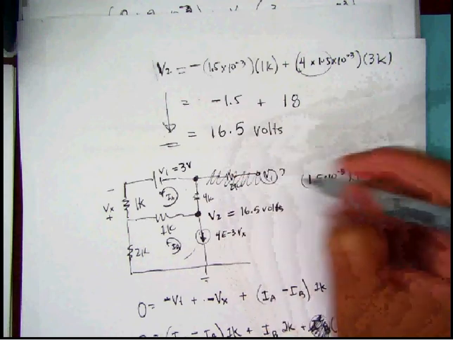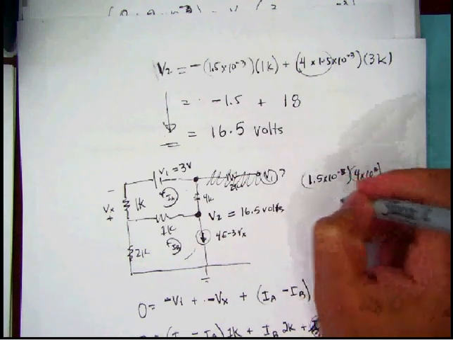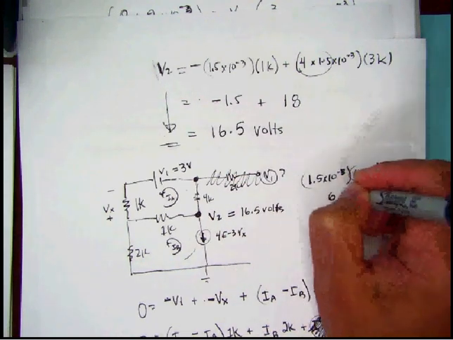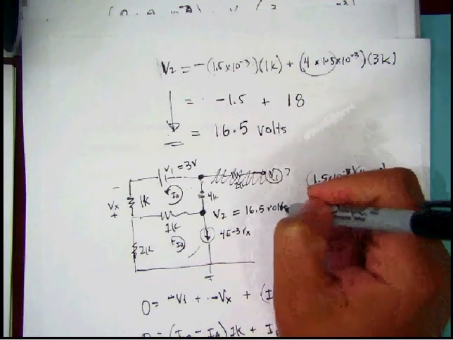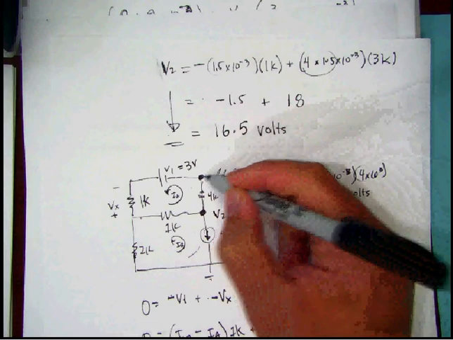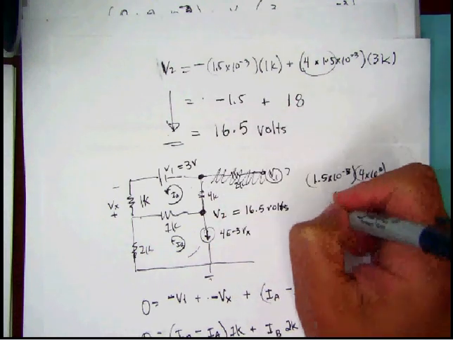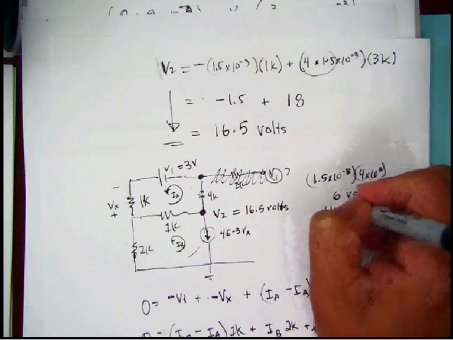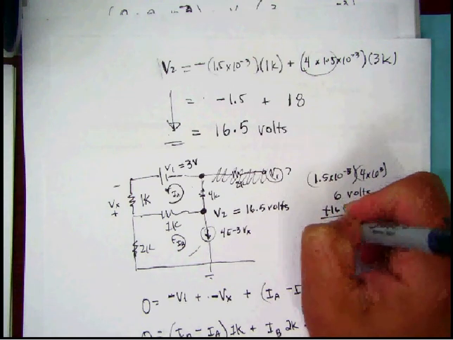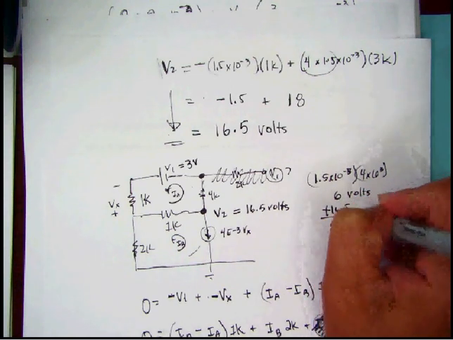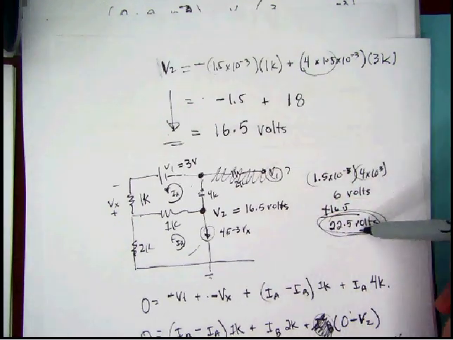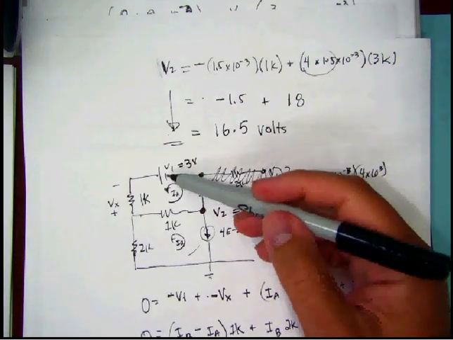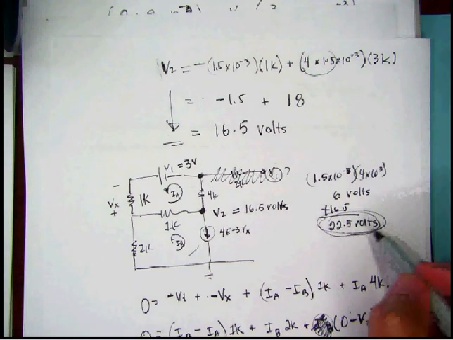So the voltage drop there is going to be 6 volts. So if this is at 16.5 volts, this terminal up here must be at 6 plus 16.5, or 22.5 volts. So that's going to contribute to V1. Now that's just from this active source. So let's